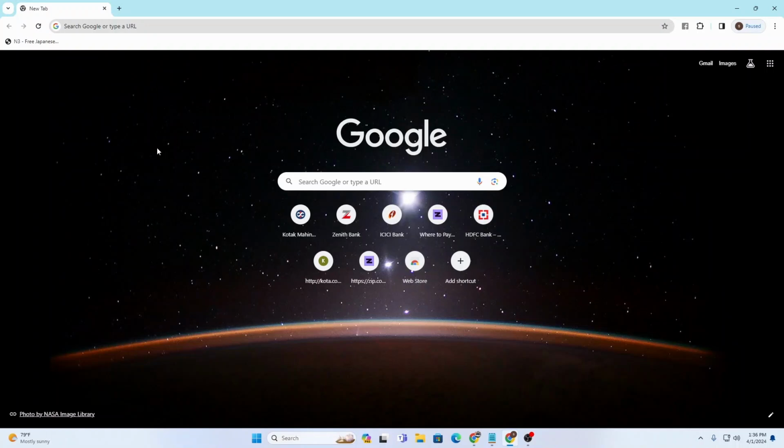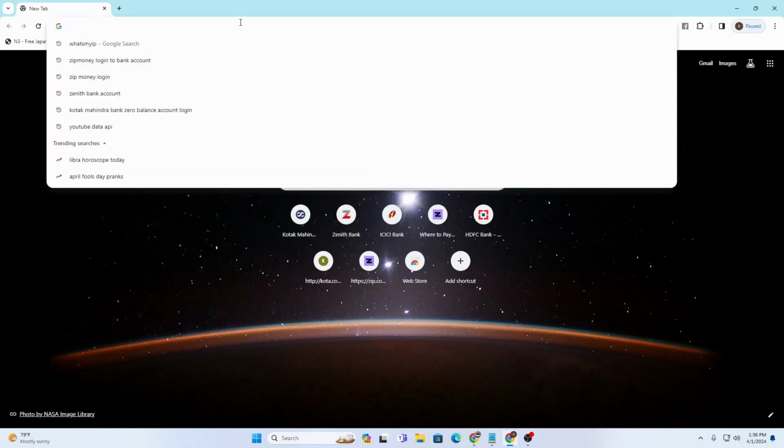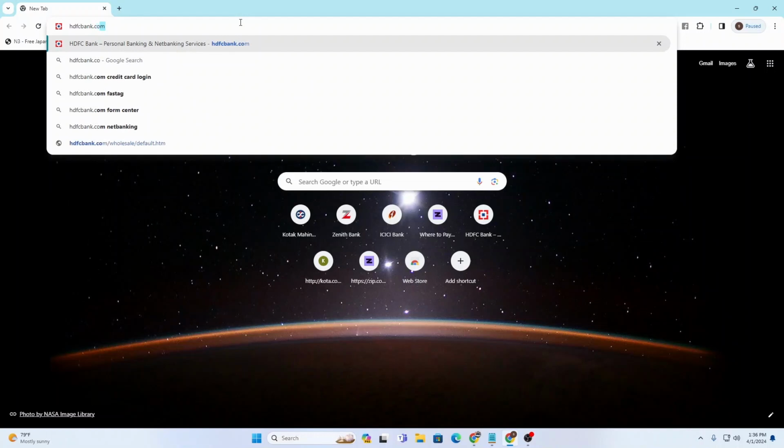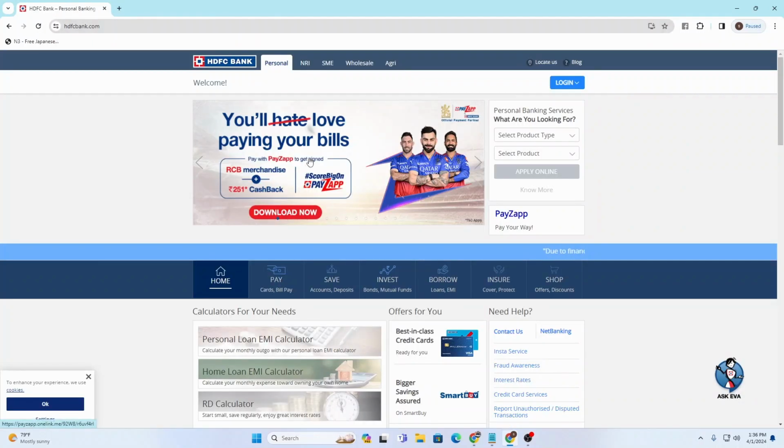As I have already opened the Google Chrome, on the search bar, click over there and type in the address hdfcbank.com and hit enter. And after that, you'll be redirected to the home page of HDFC, and at the top right corner of the